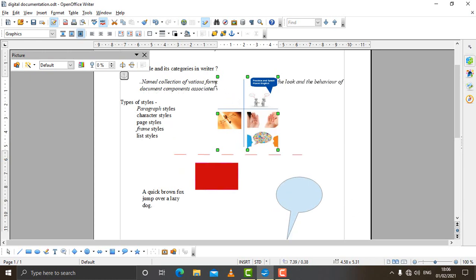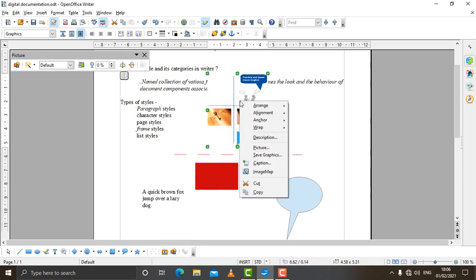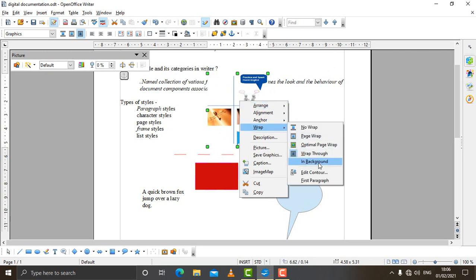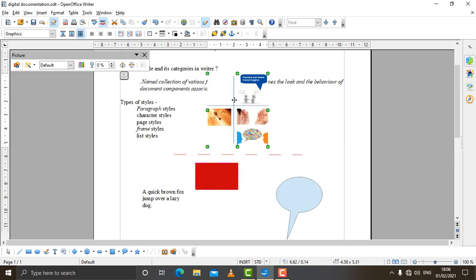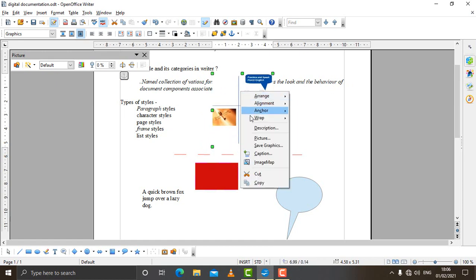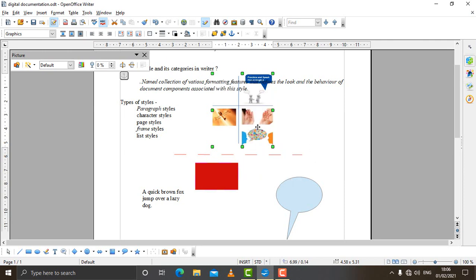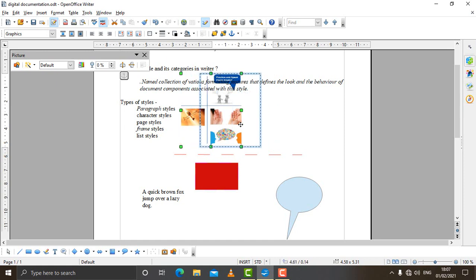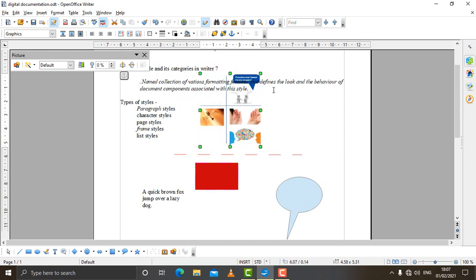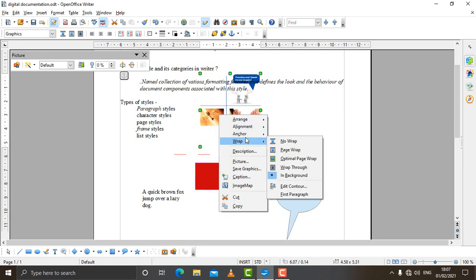So you can see that all these options are there to adjust the text near, above, all is wrapped through. So this text will go just below the image. So you can see it is text, it is going below. So click on the image, come to Wrap, and In Background, so image will go as background. You can see image is there in the background and text appears on top of it. So all these options are available here for wrapping the text.